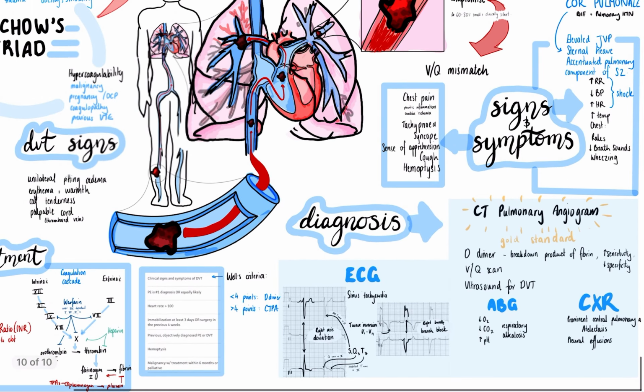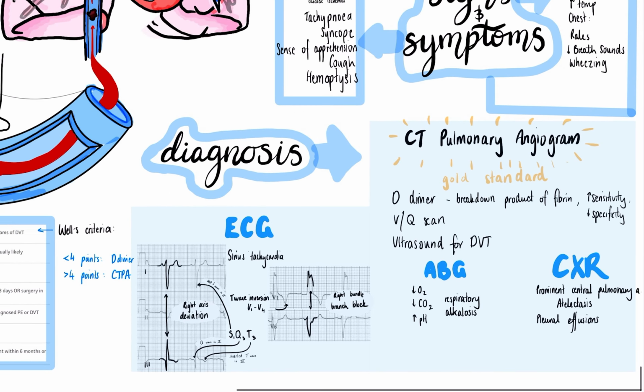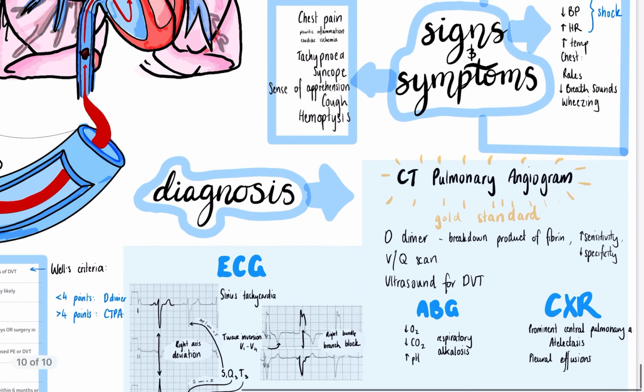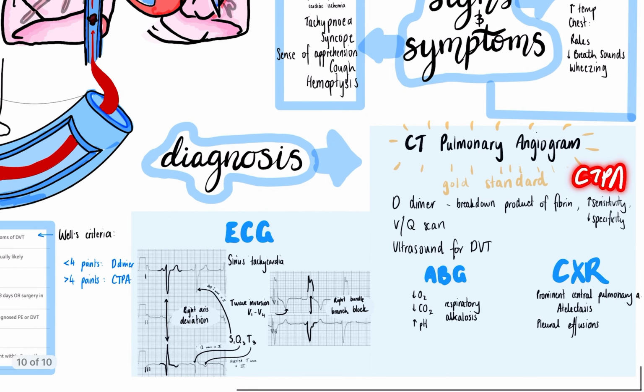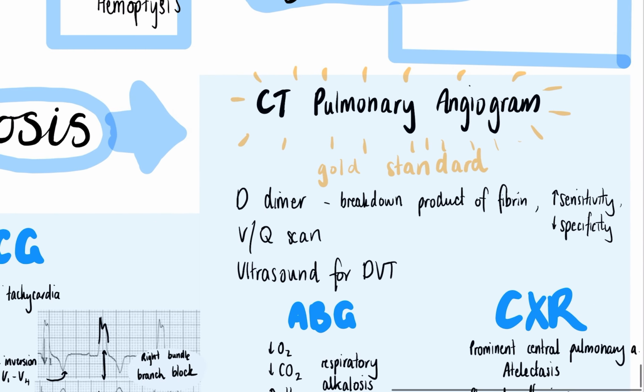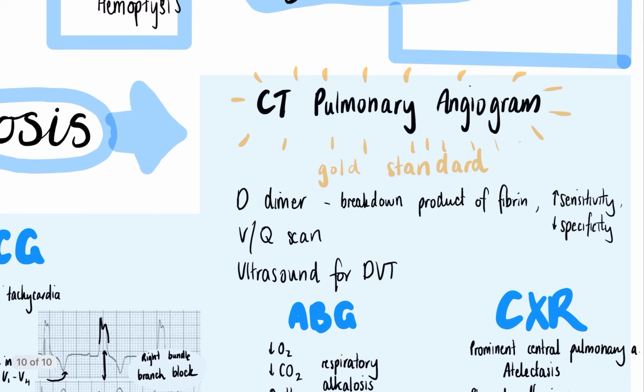Now, in terms of diagnosis, the mainstay of diagnosis, the best gold standard diagnosis technique, is called the CT pulmonary angiogram, or the CTPA. So the CTPA is basically where they inject contrast into your pulmonary system, and they see where it stops distributing around, which would indicate that there's a blockage somewhere. However, it is a really invasive procedure, so although it is perfect for diagnosis, we usually do it after we've